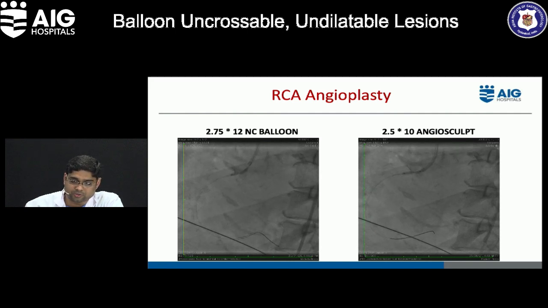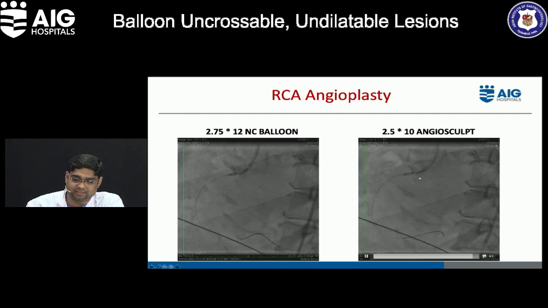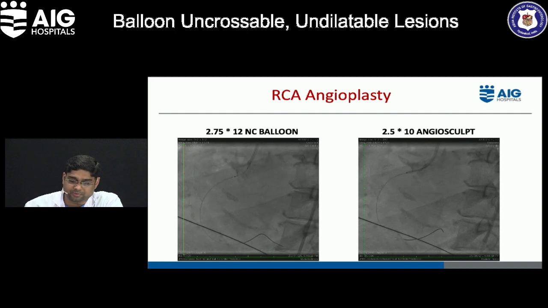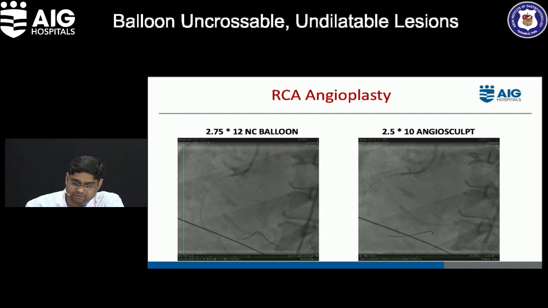The next closest to the cutting balloon is the AngioSculpt. So we took a 2.5 x 10 AngioSculpt balloon. It has a better crossing profile and it is a semi-compliant balloon. So it crossed the lesion, but you can see that once it is inflated, it didn't yield the lesion, even up to 12 to 14 atmospheres. So the cutting balloon we couldn't use because of the bulky profile and the 6 French guide catheter we were stuck with, and the AngioSculpt didn't yield the lesion.